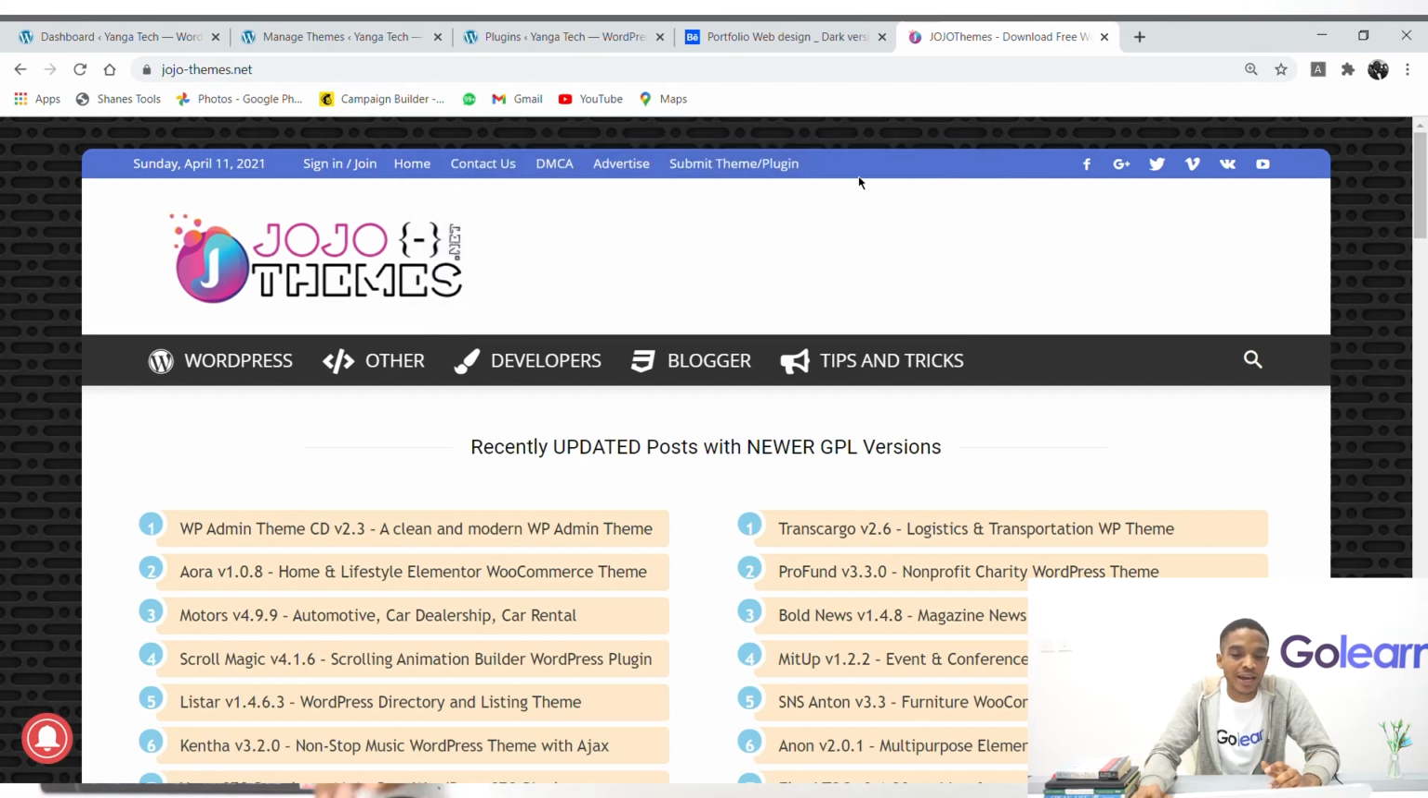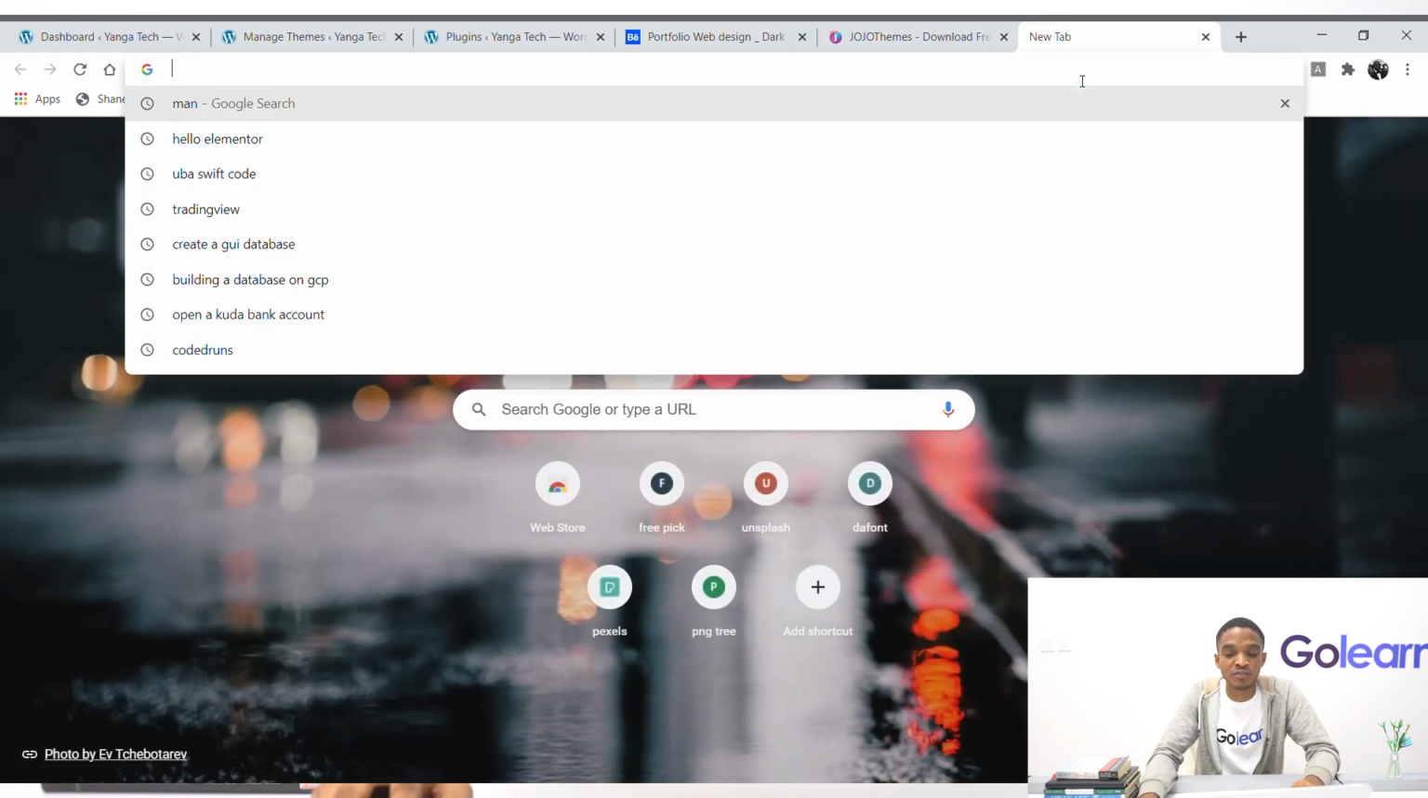But one of the reasons why I do not really like Jojo Themes is because you don't really get updated versions of what you're looking for. It's good if you want themes that were done 4 months ago, 6 months ago, or a year ago. But they have a very vast repository of themes and plugins. So the second one I usually love is called